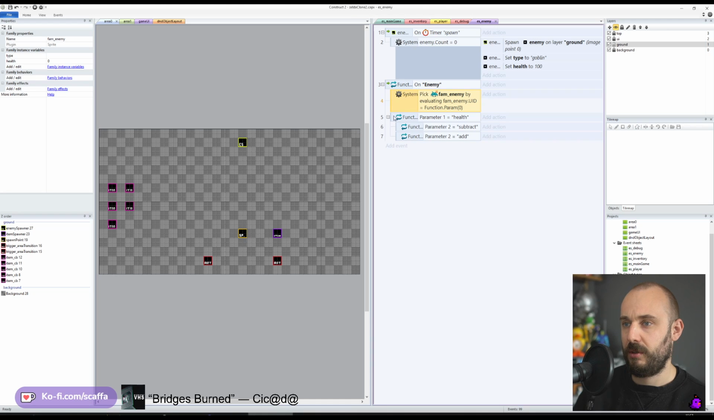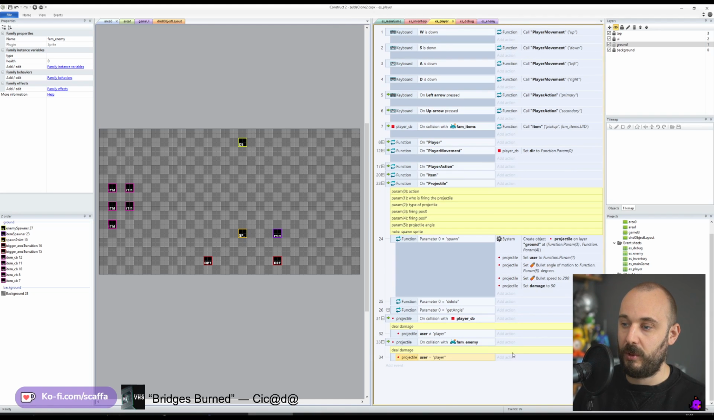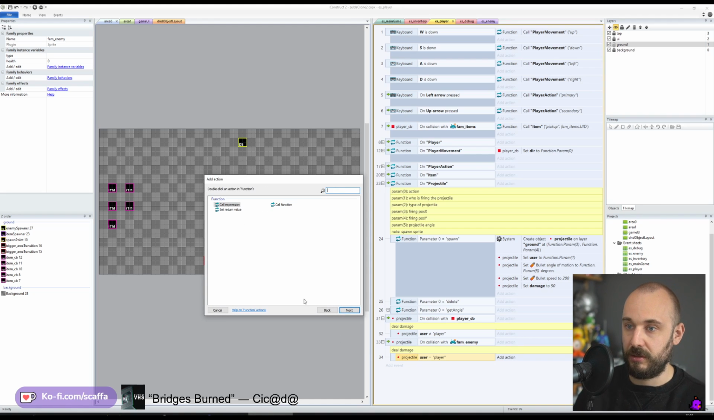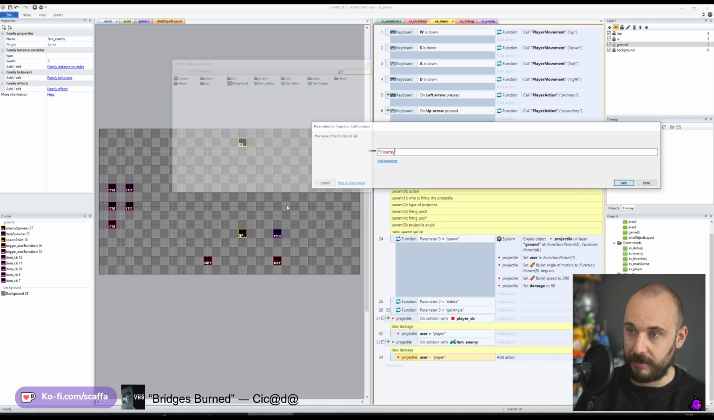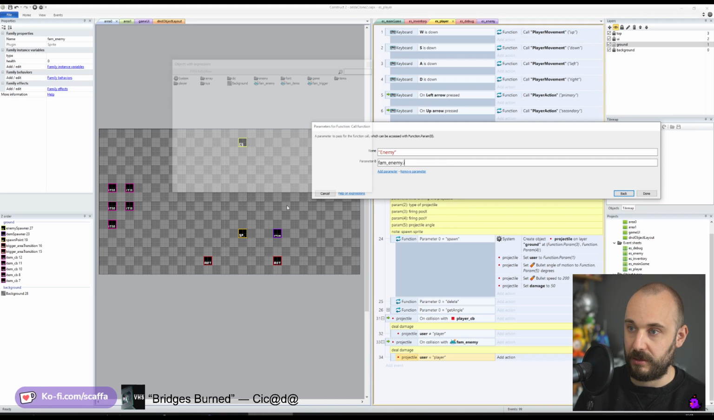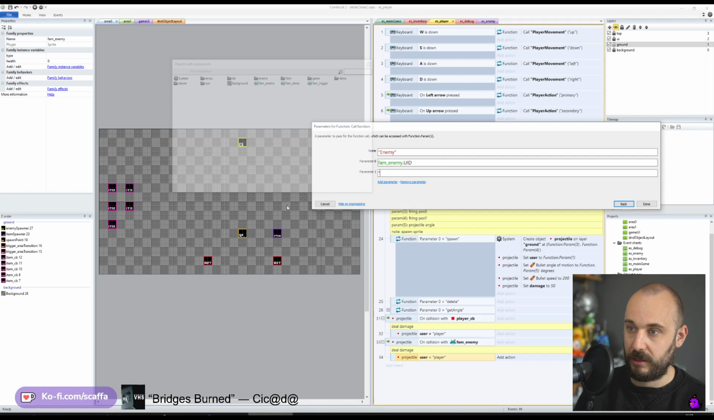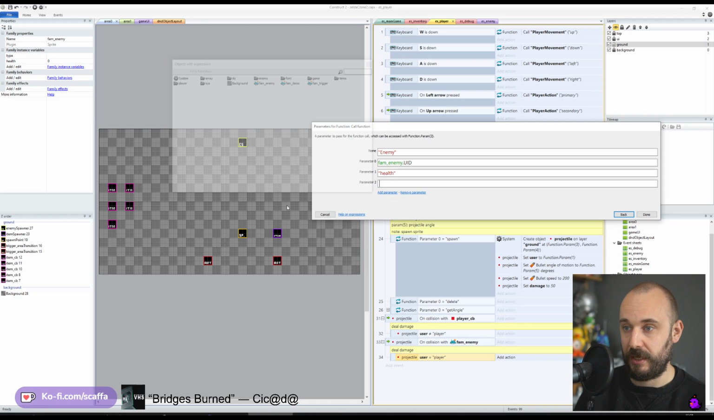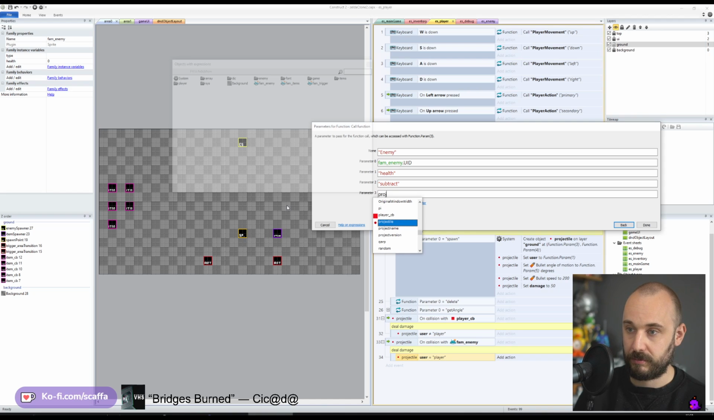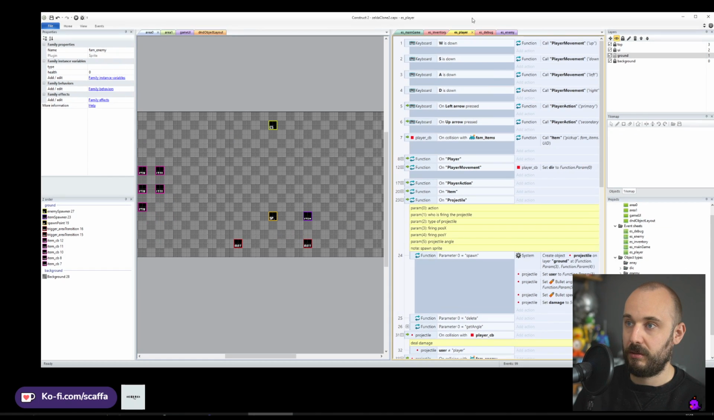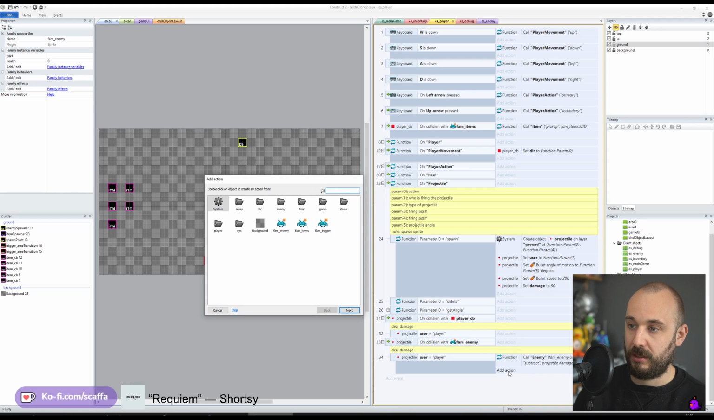We'll probably have to, every time we do something with the enemy, show which enemy we're talking about. So with player, once we do this call function, enemy, fam enemy, the UID, and then health, and then subtract, and then projectile damage. And from here, what we also need to do is call